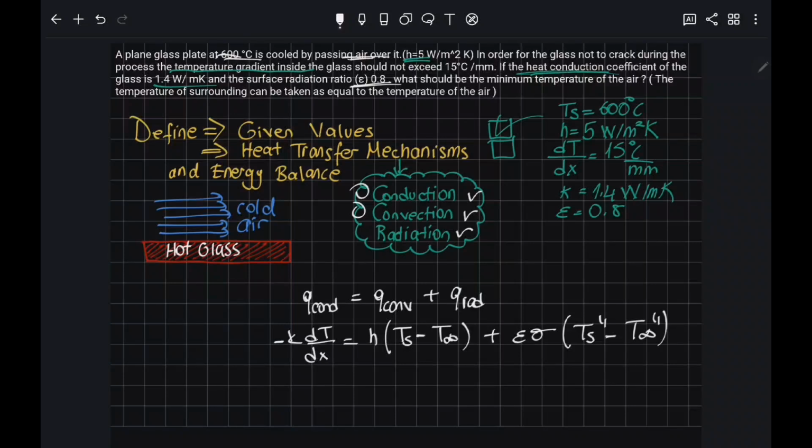So let's substitute the values. And dT over dx, the gradient sign becomes negative as the temperature decreases towards the surface, so it's negative. And we convert the millimeter to meters. Minus 15,000 centigrade degree over meter equals 5 watt over meter square Kelvin times